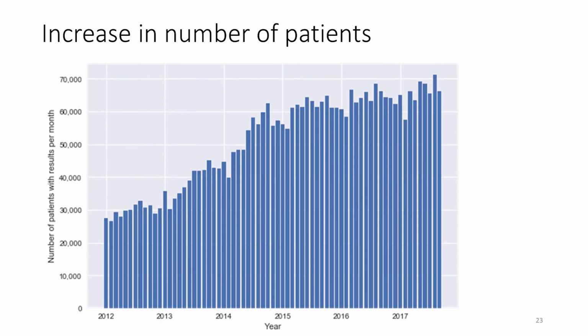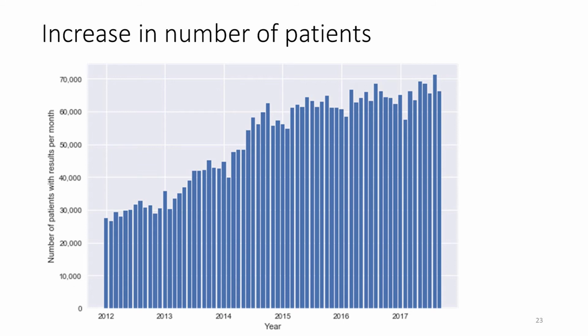Then we can also look at the number of patients, right? So in 2012, most of the data capture was related to inpatient data. In 2013, 2014, the outpatient clinics started to come online. So you can see on a per month basis, and this is a good proxy for the number of patients that are touched by the healthcare system. Even if you get a body weight, that counts as a result, right? So on a per month basis, between 60 and 70,000 patients are interacting with the healthcare system.